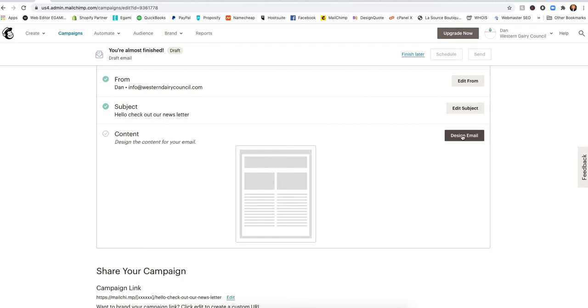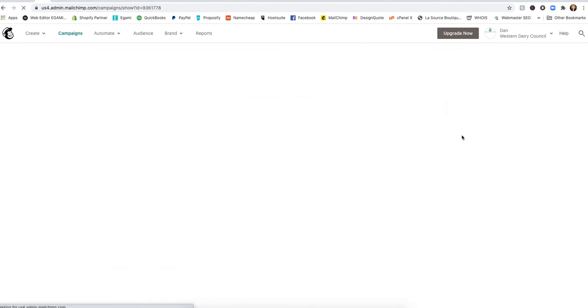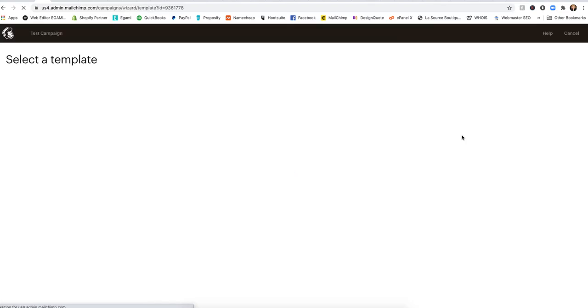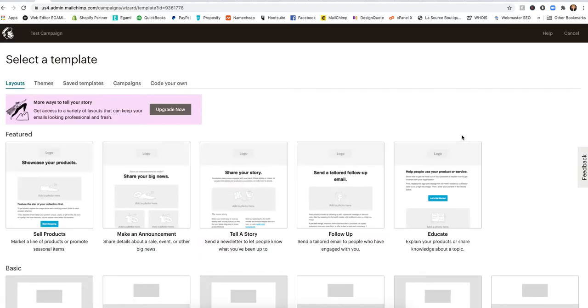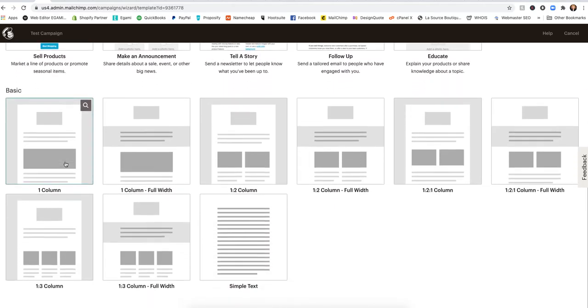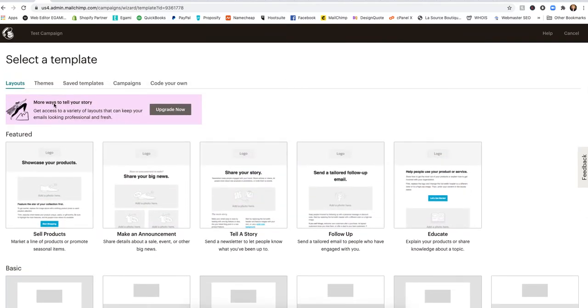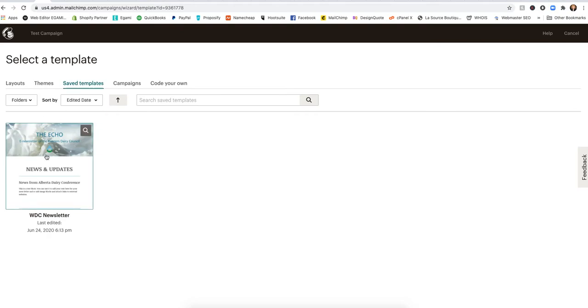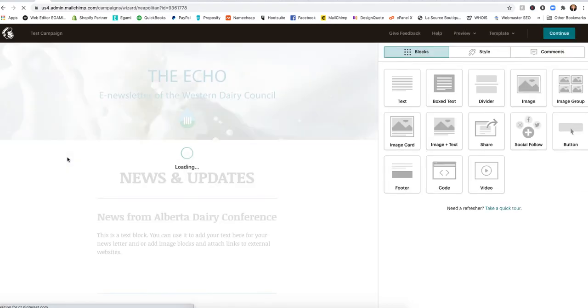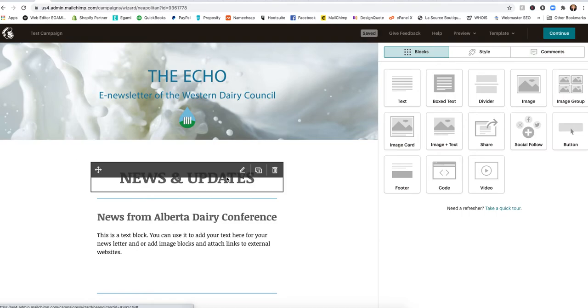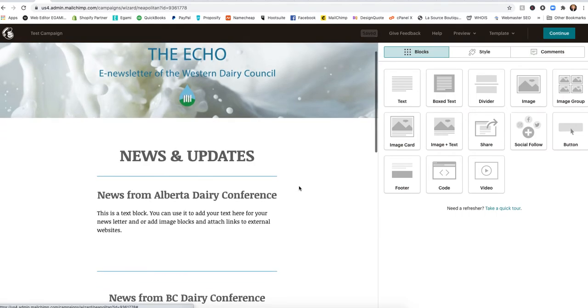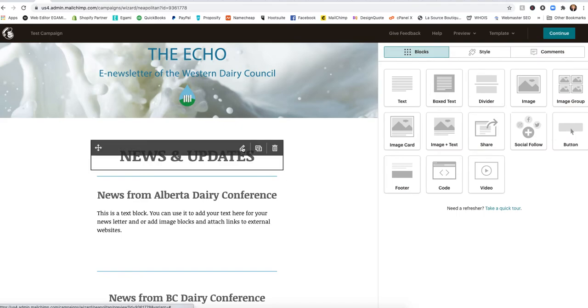And now is the part where you go and design your newsletter. And here's where you can, if you're not wanting to use your actual template, you can use any of these templates. In this case, we're going to go and use the saved template that we have, and there it is, and you click on it. It's taking a little while, sorry. Okay, so now that we are inside of this campaign,